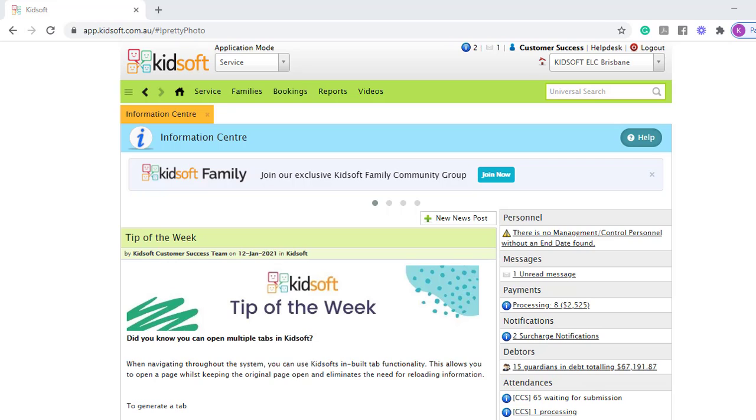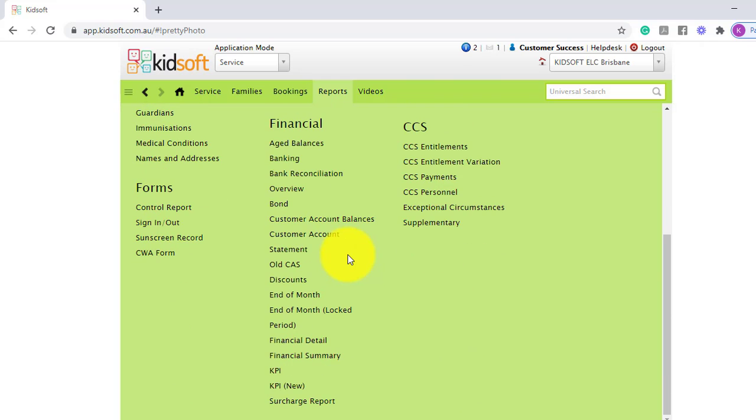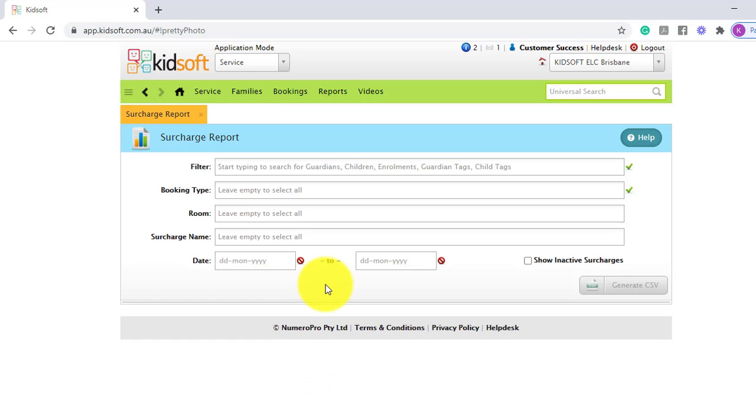Everyone. In this video, I'm going to show you how you can view the surcharges report. To access this report, you can click on the Reports menu and under Financial, click on Surcharge Report. Please note, to have access to this surcharge report, your surcharge feature needs to be enabled in your database settings,